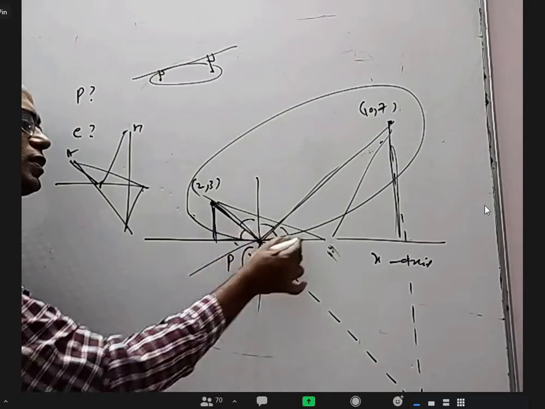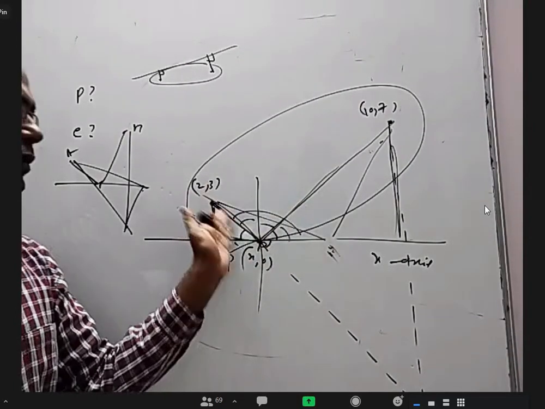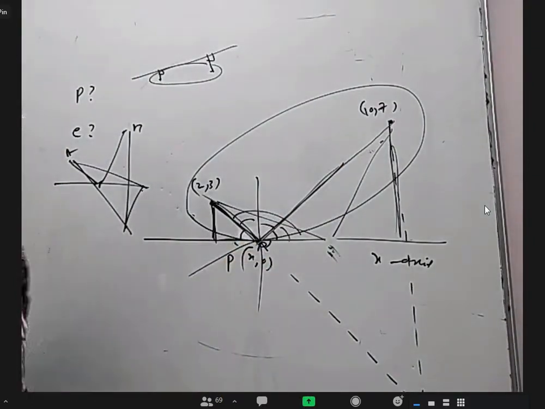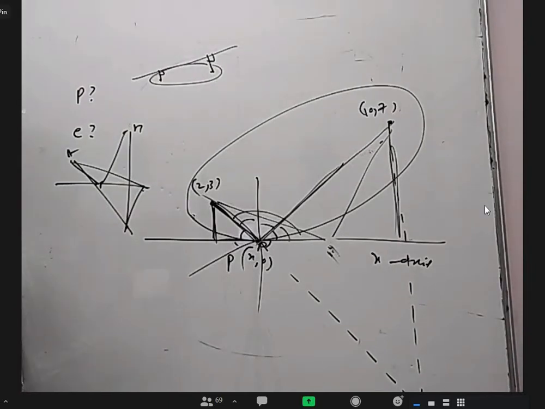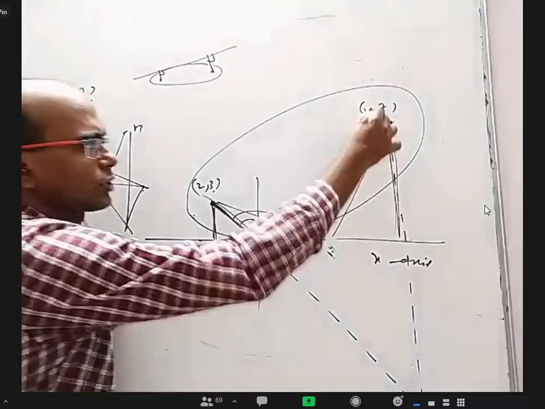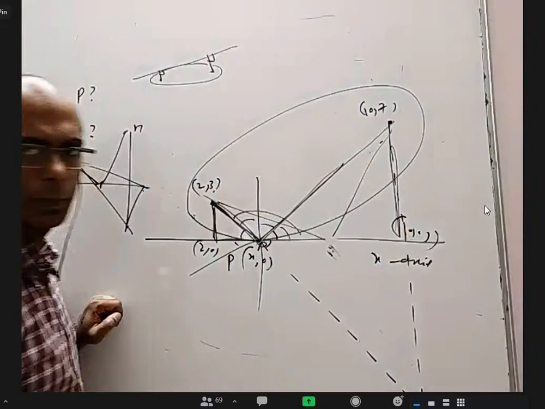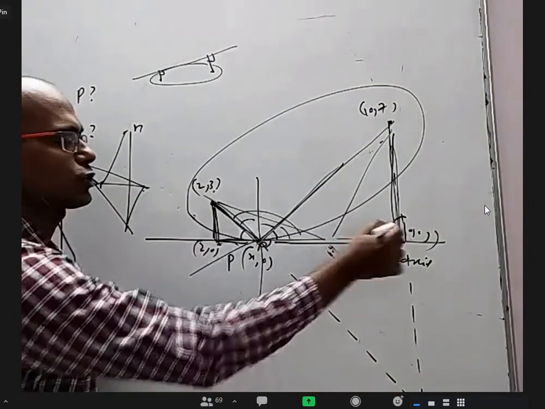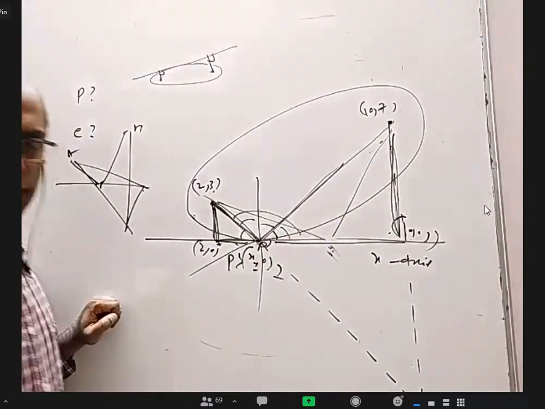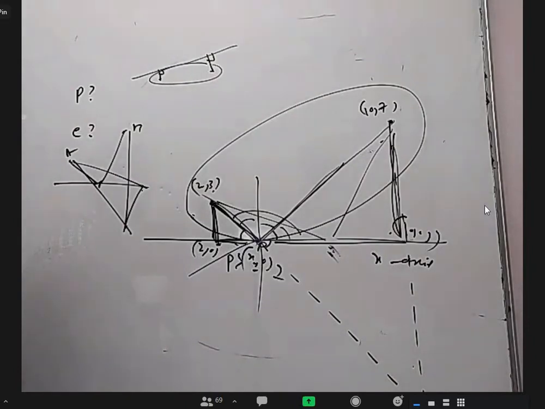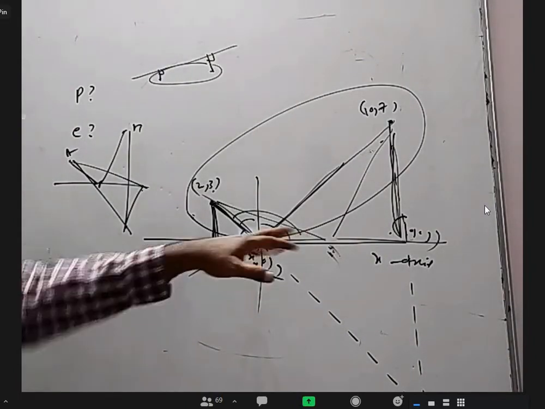If this is theta, this is 180 minus theta. If this slope is tan theta, this slope is minus tan theta. Just find this slope in terms of x and this slope in terms of x, and the sum of the slopes is 0. You'll get the x value. Is it okay? Not only that, the point straight below is (2, 0) and the point straight below is (10, 0). This is to this as 3:7, and even this is to this as 3:7. For these, apply the 3:7 section formula and you'll get this. Is it all right? Yes, sir. Yeah, just simple similar triangles.